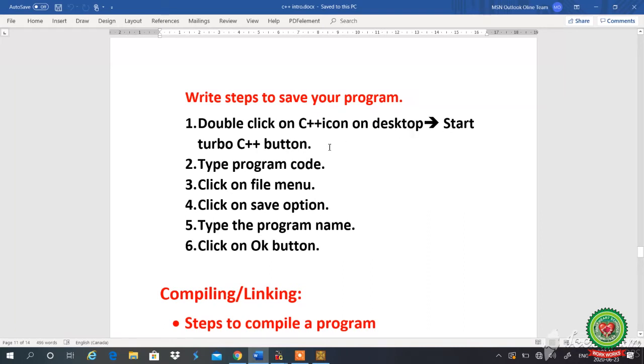Then click on the Start Turbo C++ button. Then type the program code. We have typed the program code to print the school name. Then click on the Save option. Type your program name and click on the OK button.